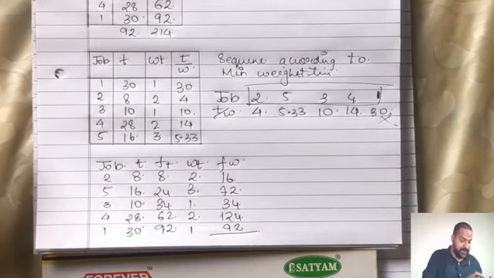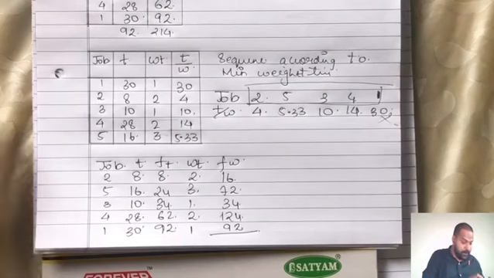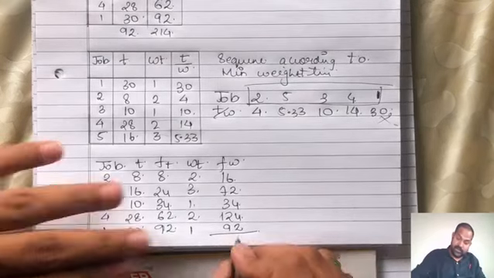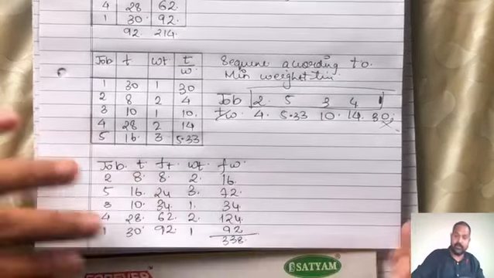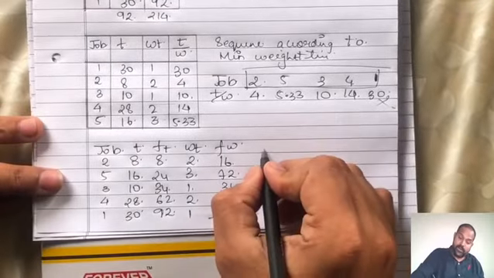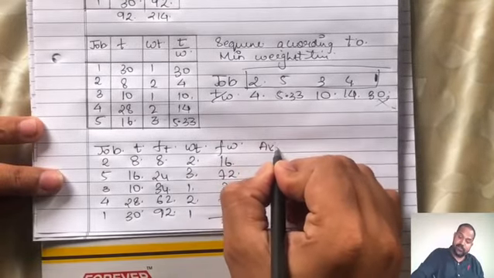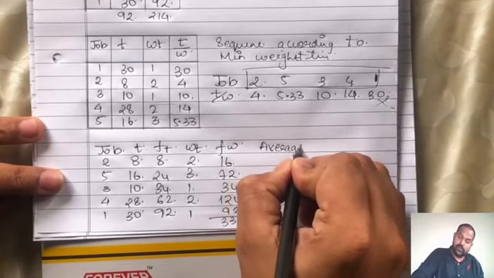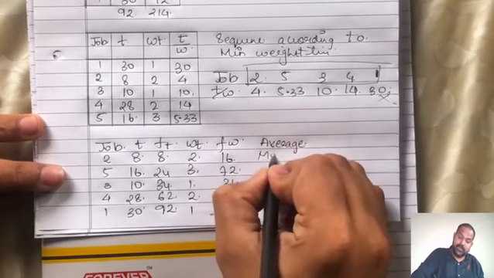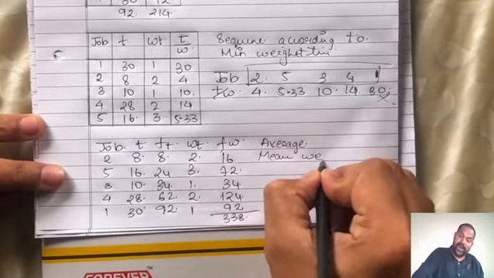16 plus 72 plus 34 plus 124 plus 92. And the answer is 338. If you now take an average, or a mean, weighed